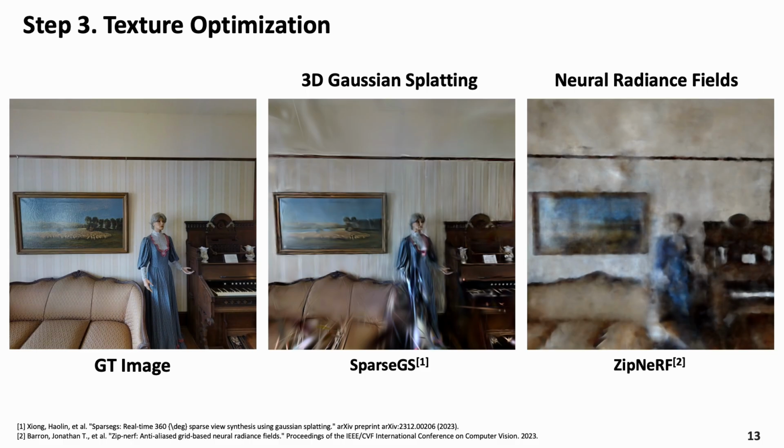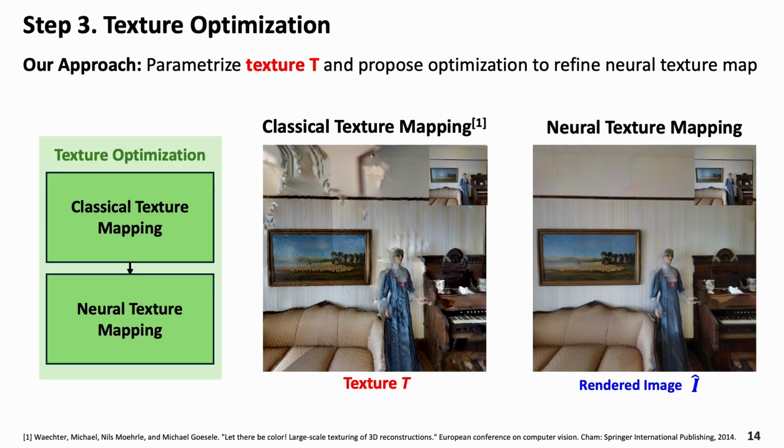In step 3, we need a rendering method for novel view synthesis. But in sparsely scanned indoor environments, recent neural rendering methods like NeRF or Gaussian splatting don't perform well because most of them require dense view images. So instead, we chose classical texture mapping, which turns out to be a more robust solution for novel view synthesis